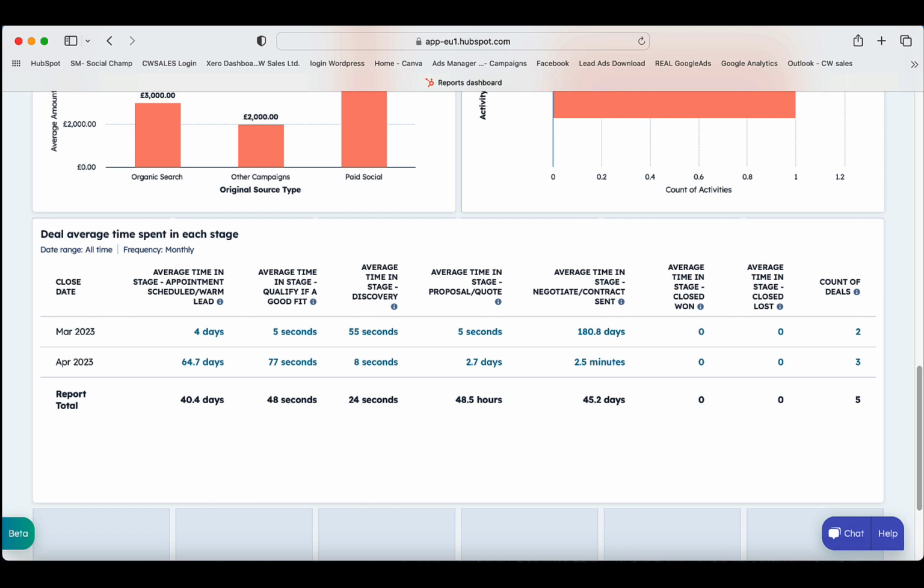So the deal with any CRM is this: you put good data in, you get good data out. So you need to be in your CRM on a regular basis, updating, cleaning, and making sure that everything's up to date. And that will really, really help you with your reporting. Now, by focusing on these three areas in your CRM, you will be able to optimize your sales process, improve efficiencies,